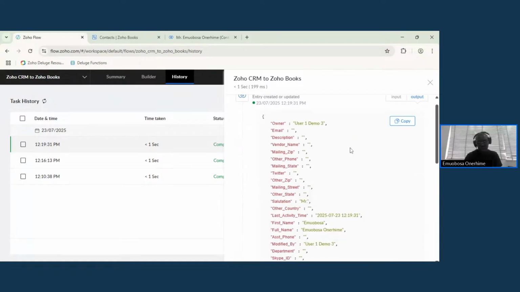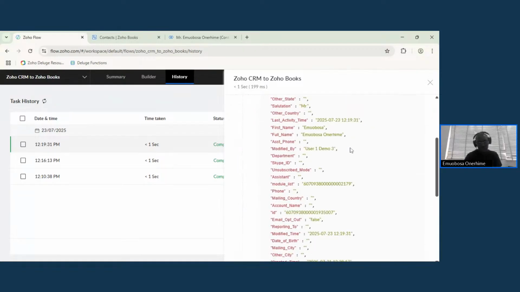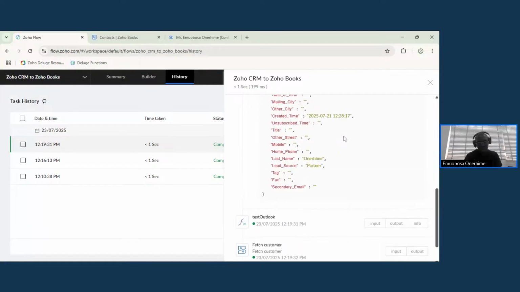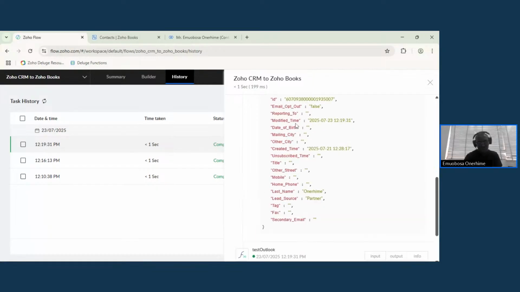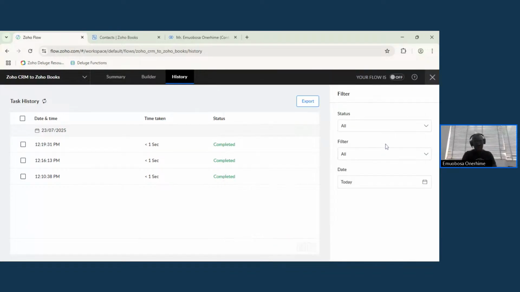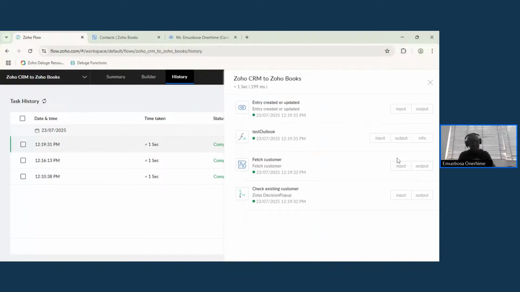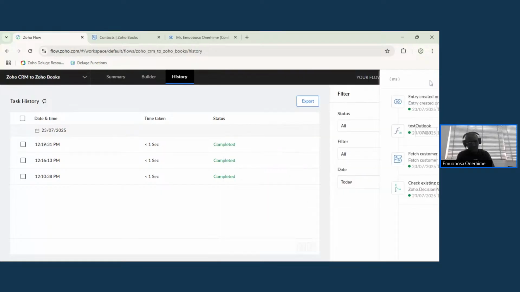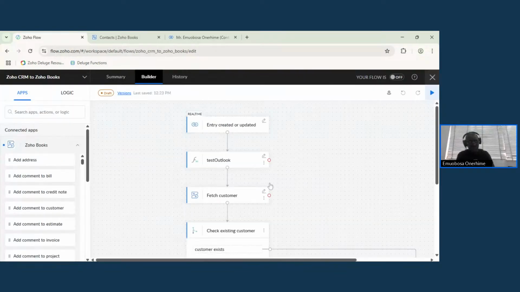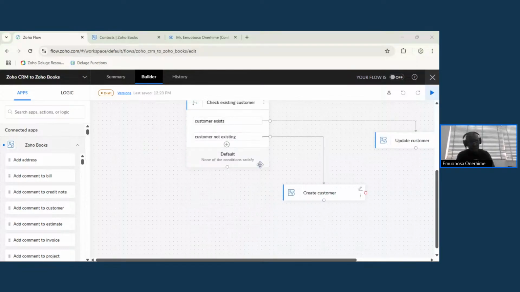Let's check for date values here. So we have modified time. Good. So we have modified_time. And we'll check if the modified time is greater than